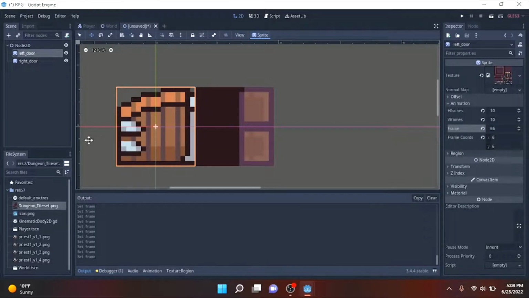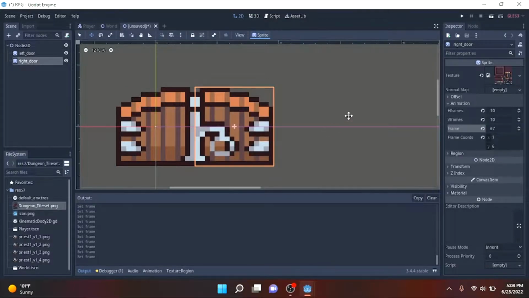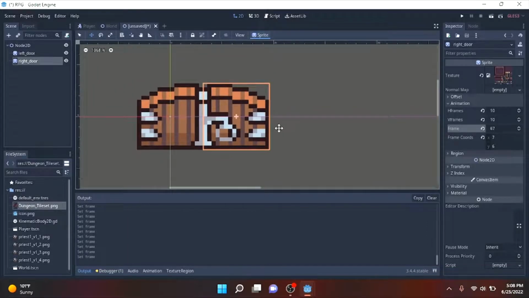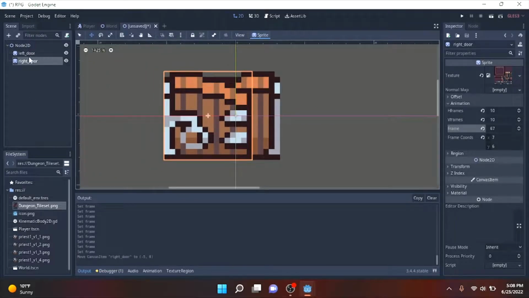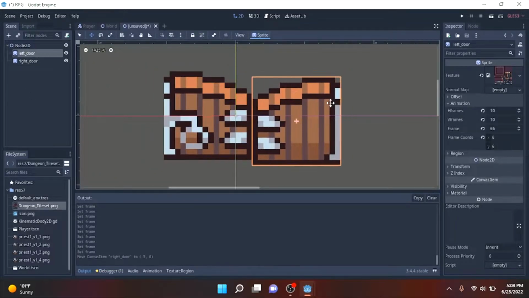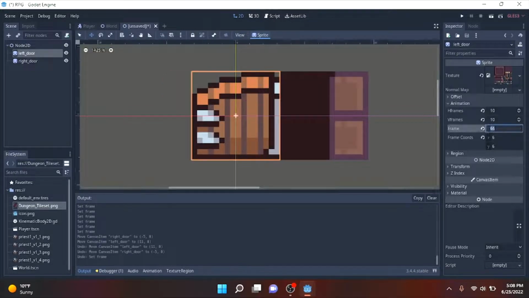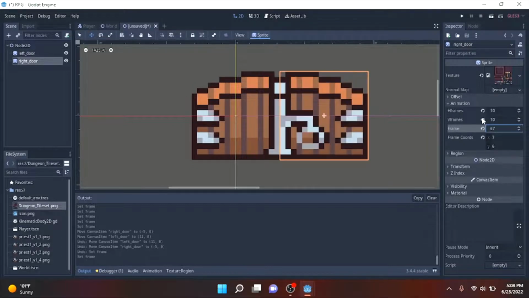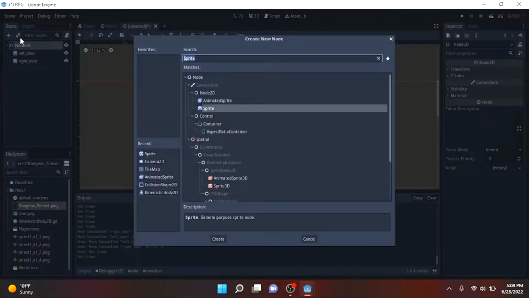So now this frame for left door is 66, and then right door is 67. So now that we have 2 doors, oh wait, sorry. It needs to be the other way. Wait, is it? No. Sorry, I controlled it. Okay. So now that we have that, we click on the Node 2D and then add a